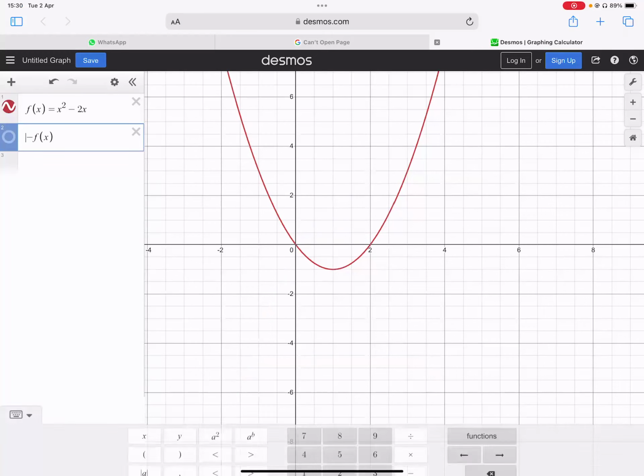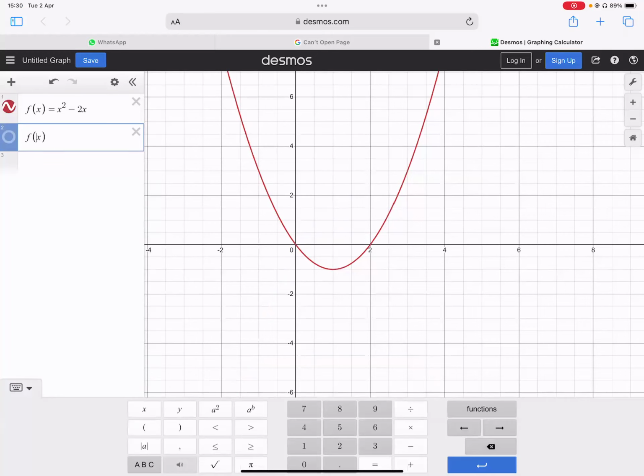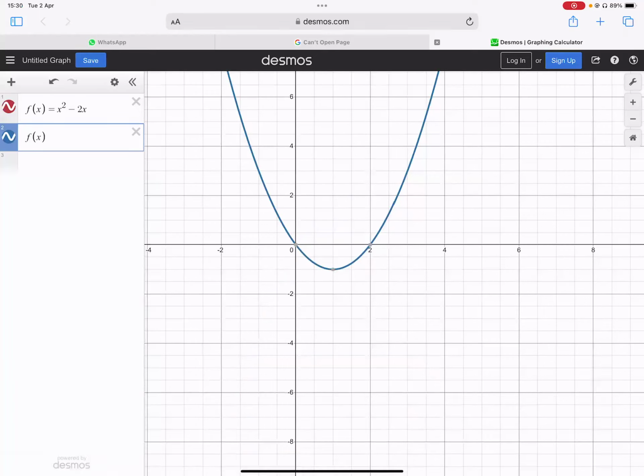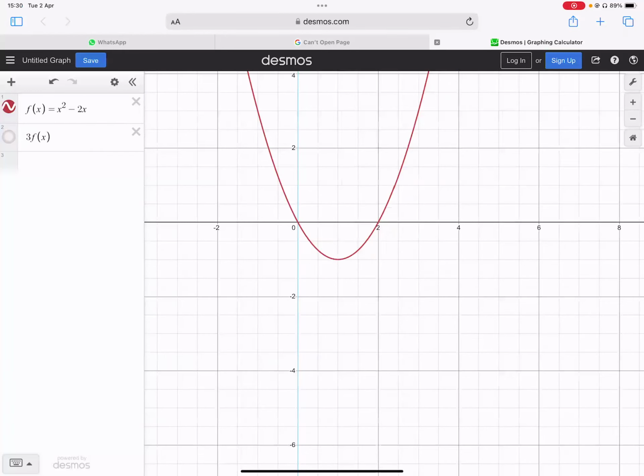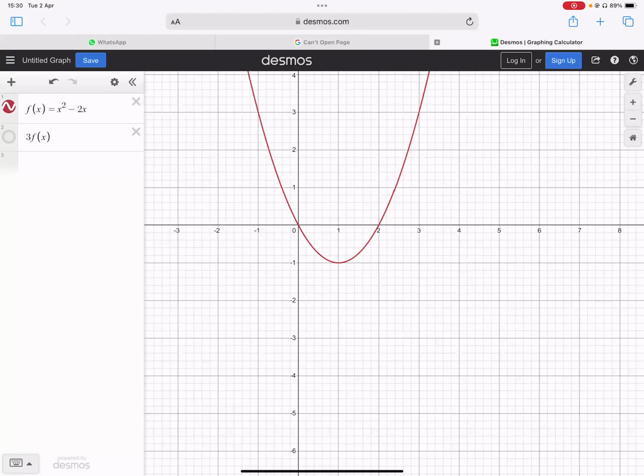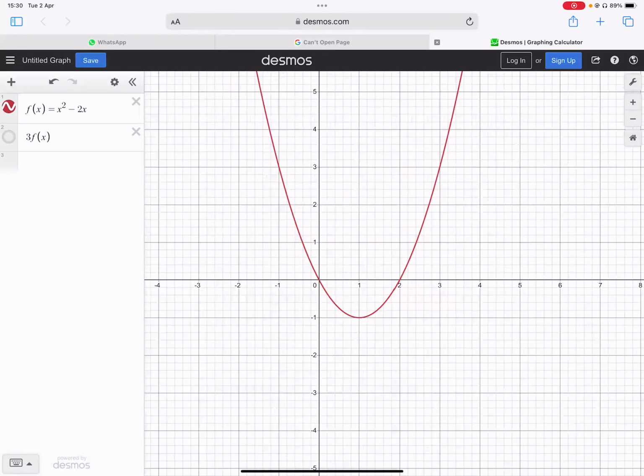And then finally, we could have something like this. Outside the function, we could have some number multiplying. So let's say we multiply this by 3, like this. 3f of x. Now what happens in this case? Every y coordinate is going to get multiplied by 3. So it's a vertical stretch by a scale factor of 3. Stretch along the y-axis by a factor of 3. What happens is,